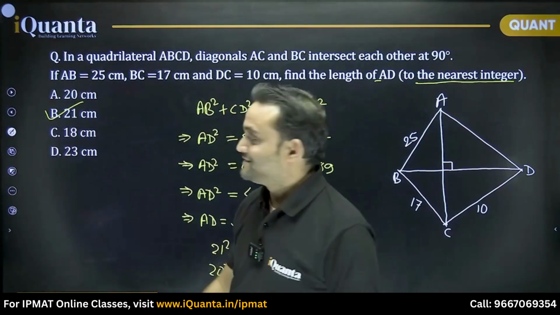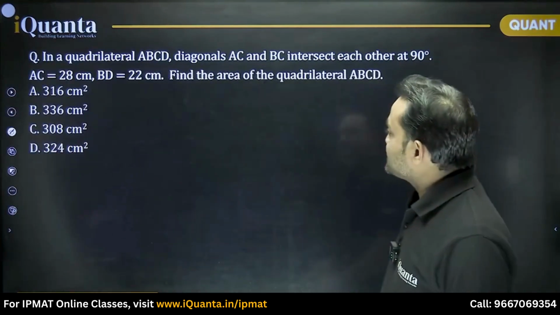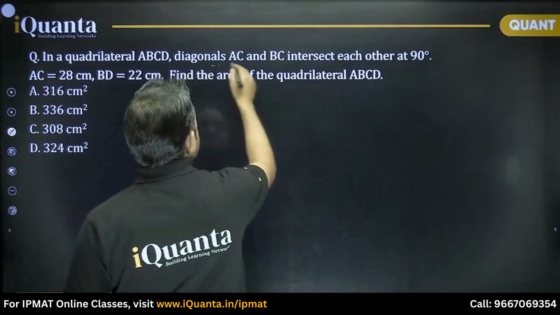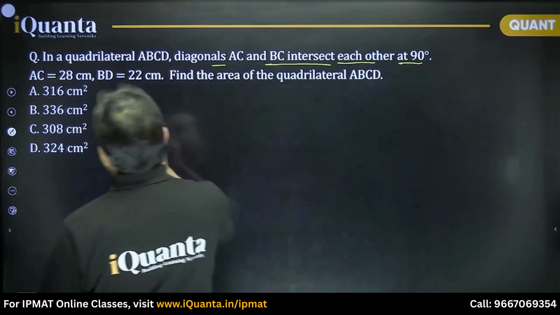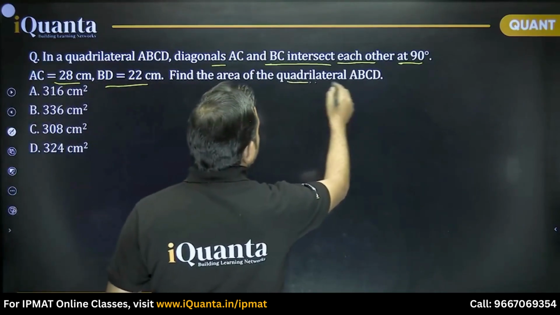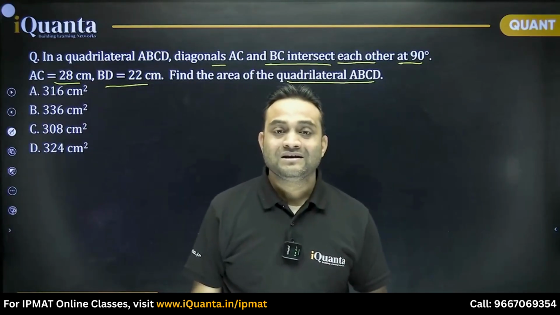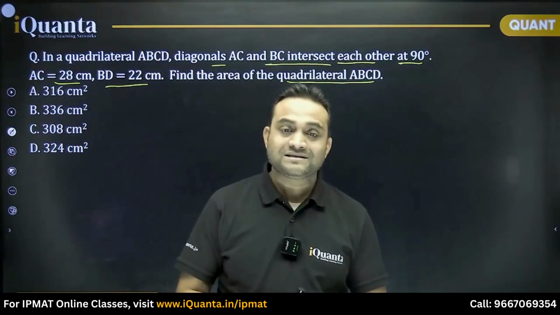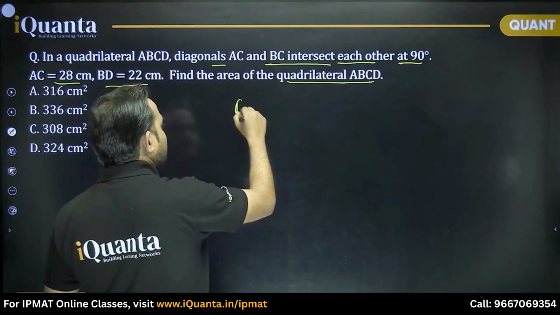All right, now next question. In a quadrilateral ABCD, diagonals AC and BD intersect each other at 90 degrees. AC is equal to 28, BD is equal to 22. Find the area of the quadrilateral ABCD. So we already know that in any quadrilateral, if diagonals are perpendicular to each other, then what is the area? We can say area of